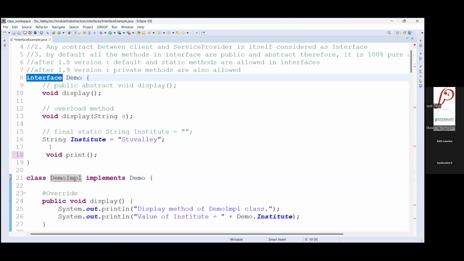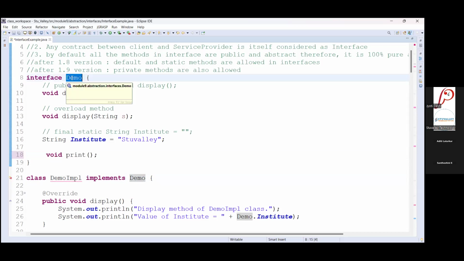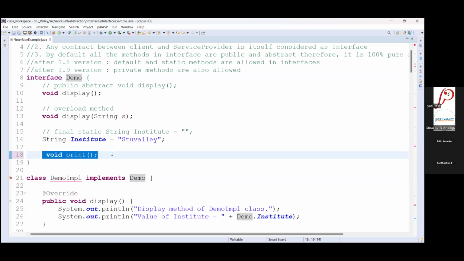You have added a new method, that is new functionality, to the interface implemented by 50 classes, so you have to give implementation to the void print method in all those 50 classes, which is not possible in one day or one go.